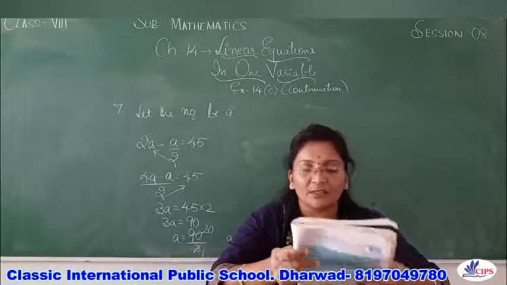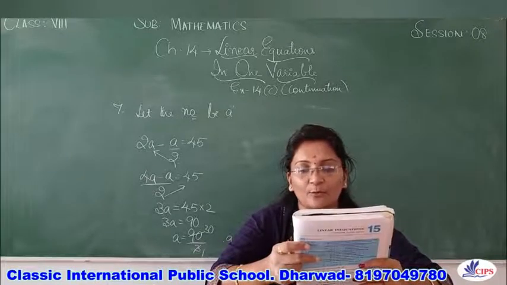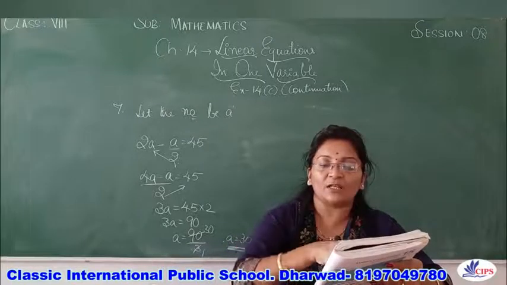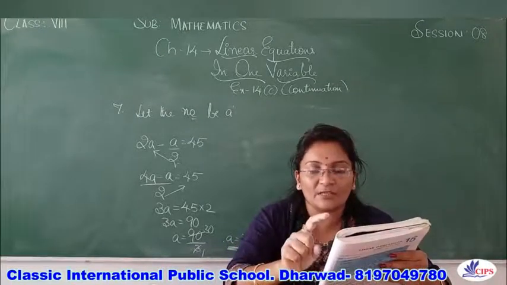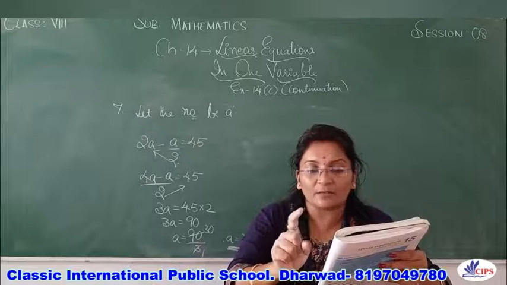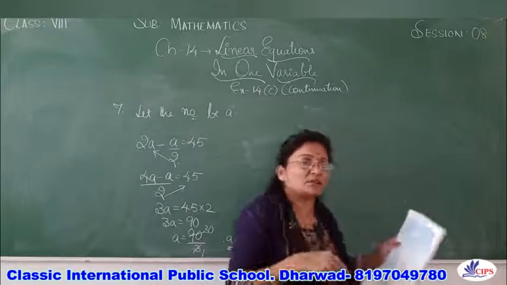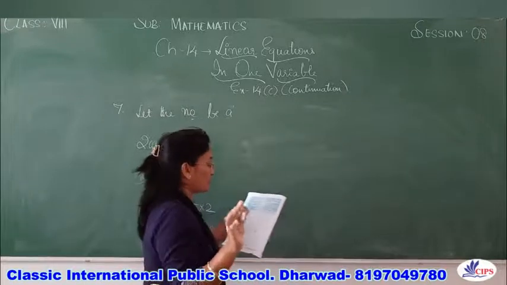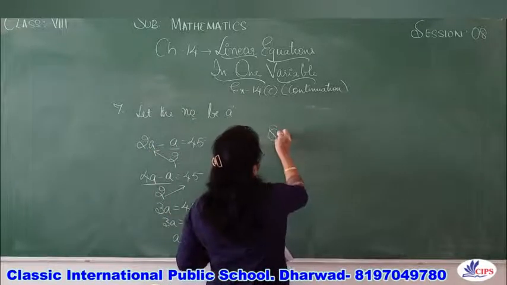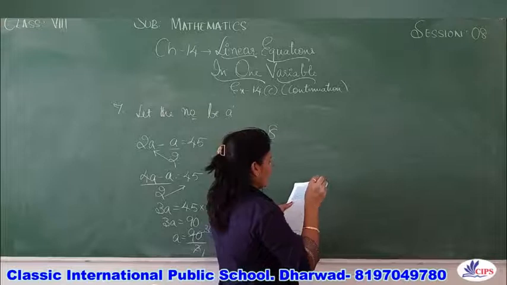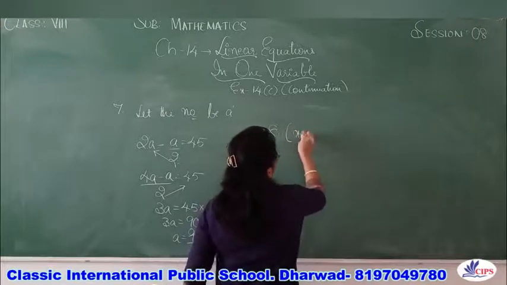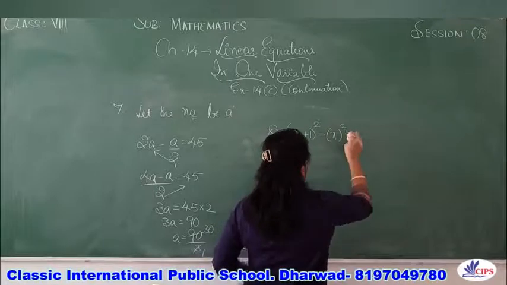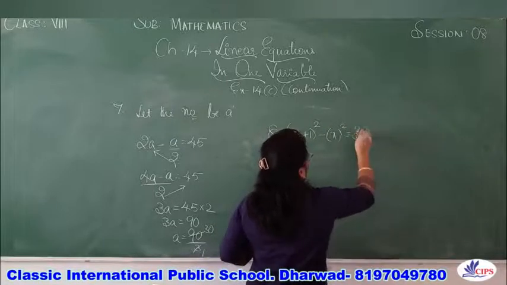So 8th one, the difference between the squares of two consecutive numbers is 31. Find the numbers. So this type of sum we have done in 14b. So here the difference between the squares of two consecutive numbers. So let the consecutive numbers be, I am just telling you orally. You people have to frame it and solve. So 8th one, I am just writing the equation. Difference as they have told you. So the first number will be x plus 1 the whole square minus x square equals to 31.